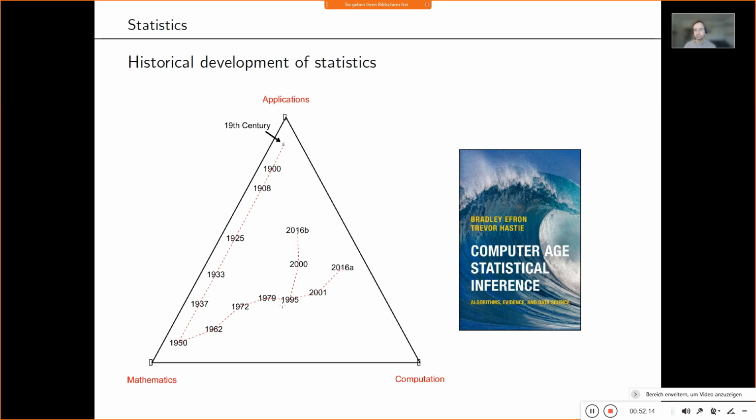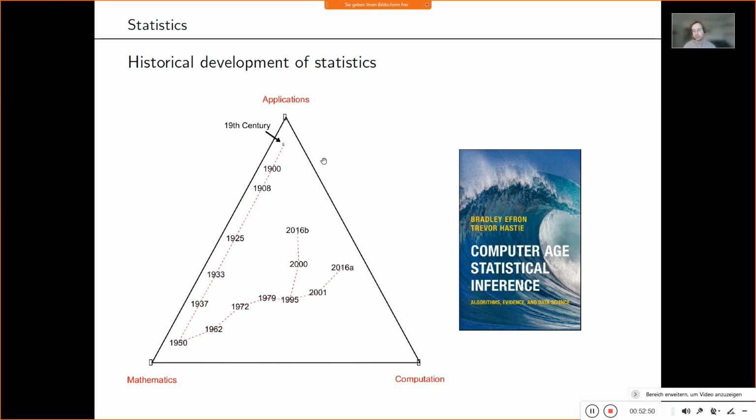In terms of the historical development, this is from a very nice book by Bradley Efron and Trevor Hastie. If you want to learn more, it's mainly about the history and development of statistical inference, machine learning, and AI, rather than the topics per se, although they discuss the topics from a historical perspective. It's a very nice read, but it's not really, from my perspective, sufficient to get deep into the methods. So historically,